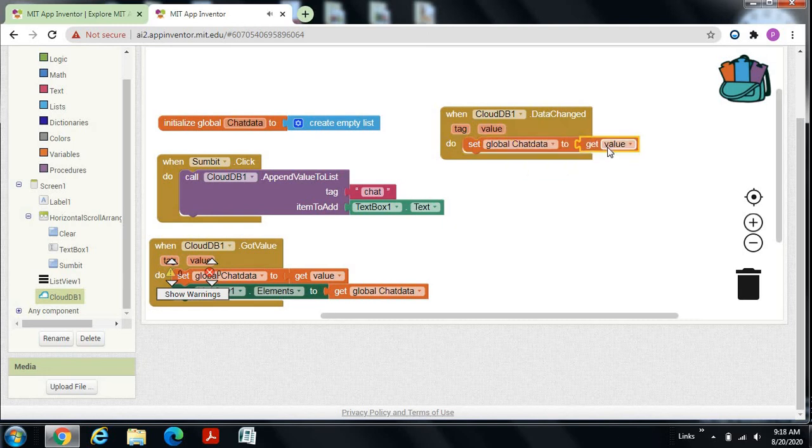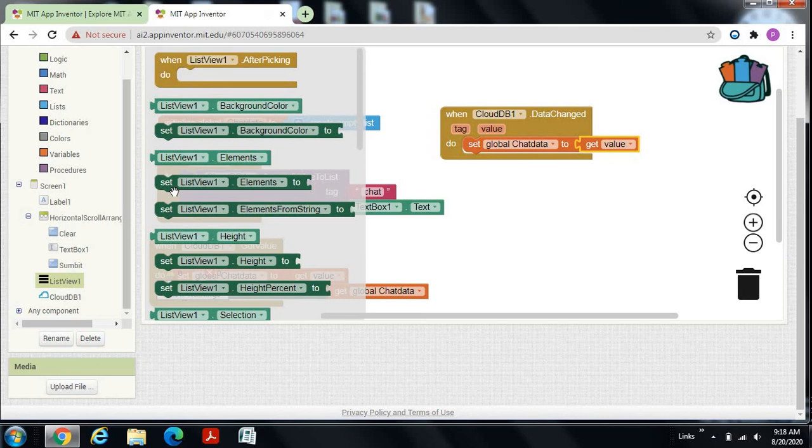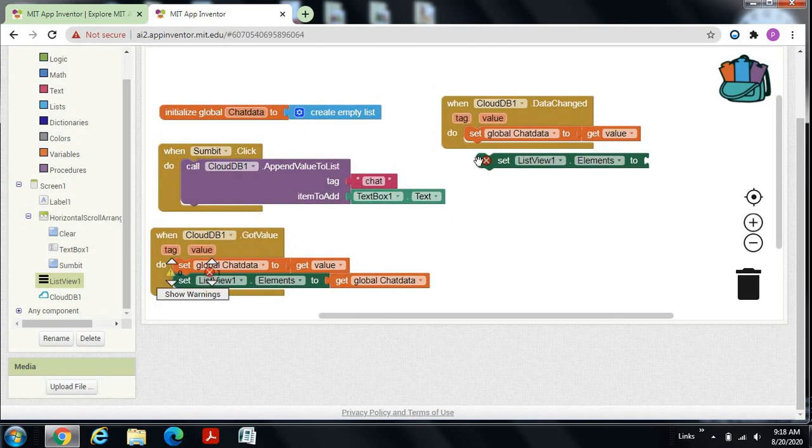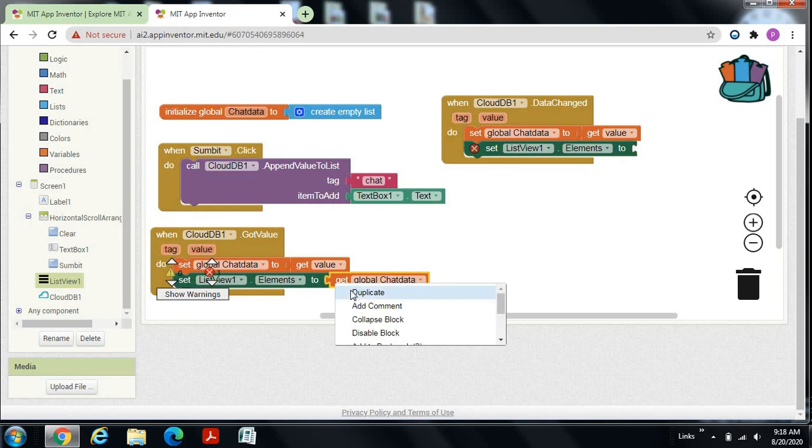You're done with this much. Now go to set list view elements, drag and drop this one, and make it get global chat data. You can copy and paste this over here.